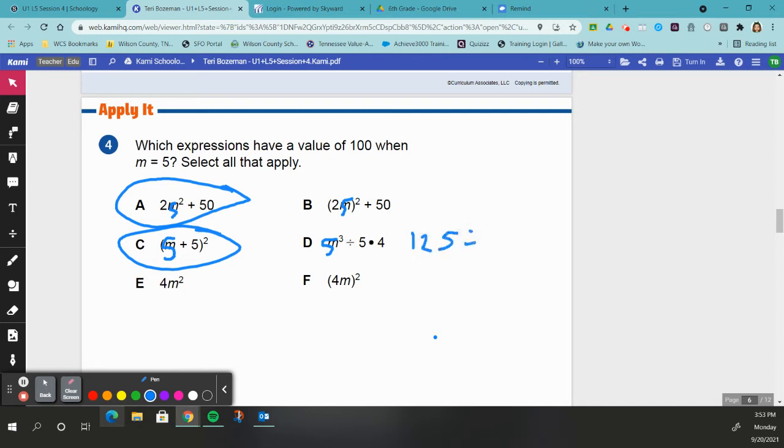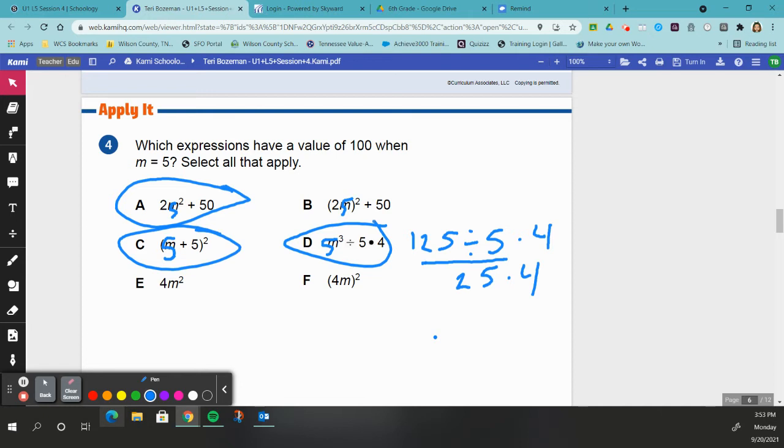And then I would have the rest of my symbols and numbers. So I would do division first, which would give me 25. 25 times 4 would be 100. You can think of it like money. If you have 25 cents and 25 cents and 25 cents and 25 cents, then you have $1, which would